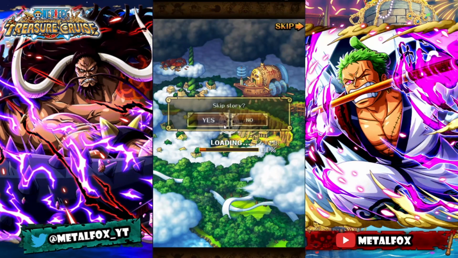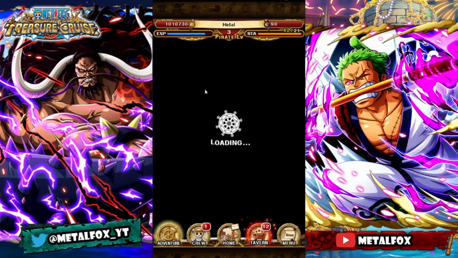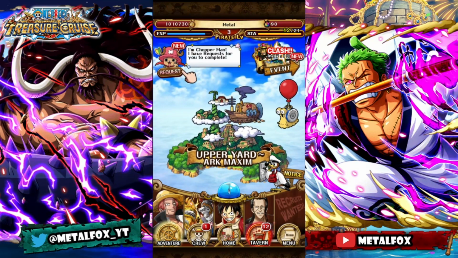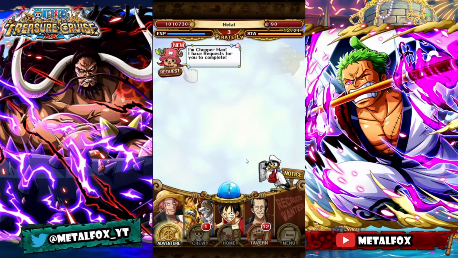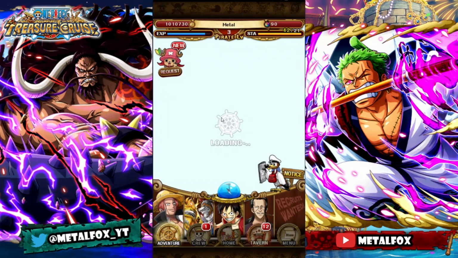And this is also a newer feature if you are new to One Piece Treasure Cruise. Before, we had to go through the entire story chronologically. We couldn't just click on an island and go to that island instantly. We had to actually unlock all these. But now you can just go to the newer islands relatively, like Upper Yard Arc Maxim, or you can go to anything following that without actually having to beat any of the content before it,